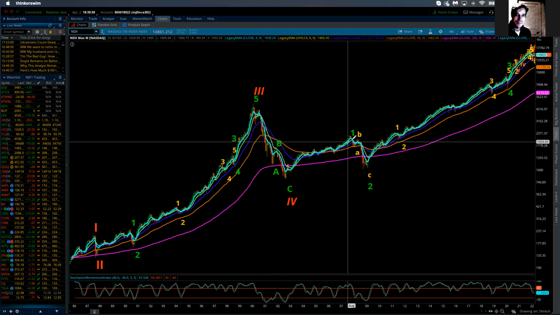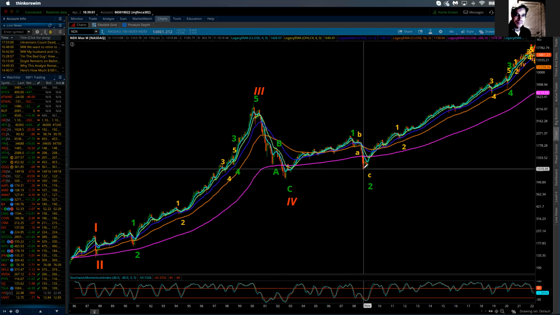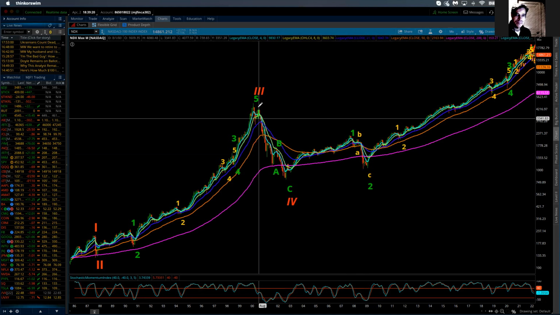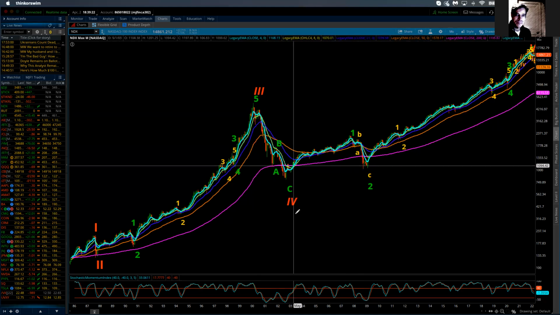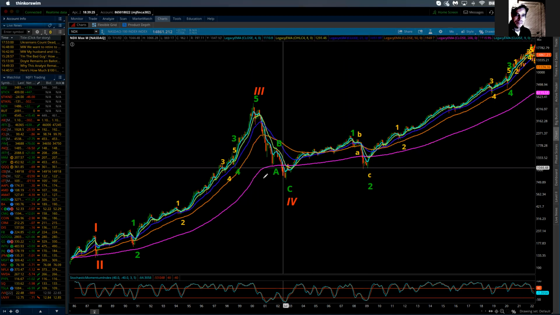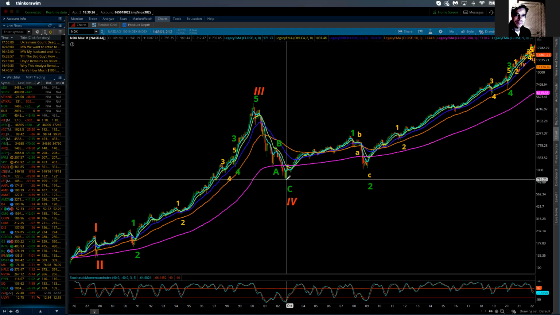So this was the road to recovery, and it was just a quick sell-off, which, if you study Elliott Wave, becomes very important in understanding the characteristics and the personalities of each individual wave as part of a 5-wave sequence, or as part of this 3-wave sequence if the corrective move is in place. Now, back to the Nasdaq. So here we are in a cycle 5th wave up that began in October of 2002.